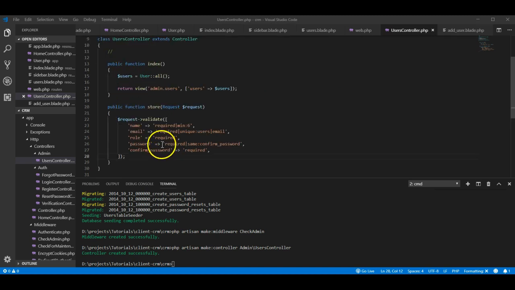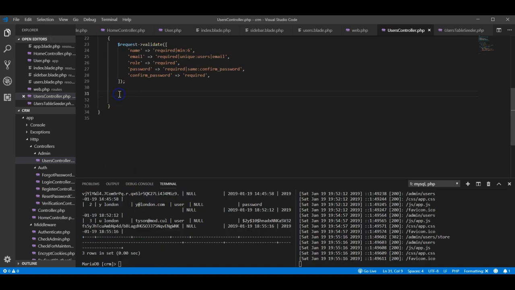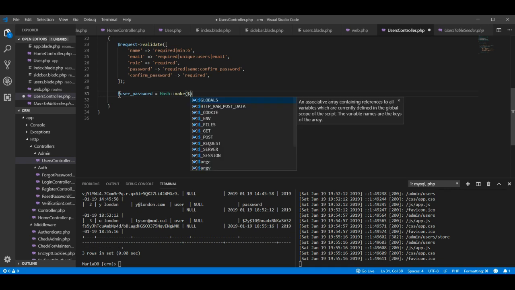It's already been brought in, so that's good. And there's definitely a few ways you can do it in Laravel. I prefer to use Eloquent as much as possible, which is an extension of Laravel, as opposed to just the standard functions that come from the standard Laravel library for working with the database. So from here, the first thing we're going to do is hash our password, like you saw when we did our database seeding. So let's say user_password, and we're going to make this equal to hash make, and then we're going to use request